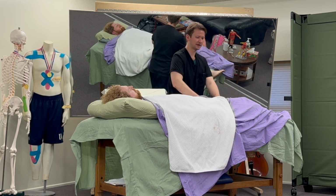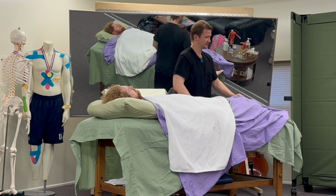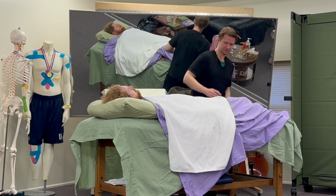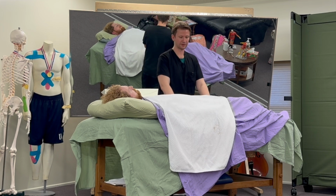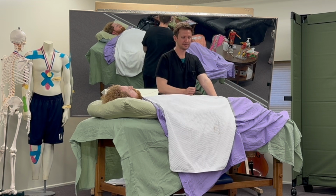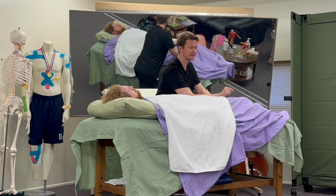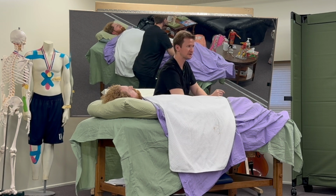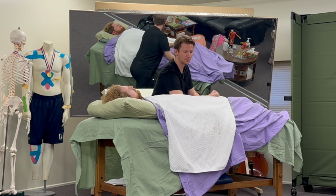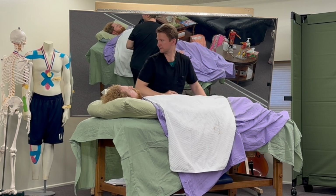Right there, in a nutshell, is pretty much all you usually need to work on the quads, the anterior upper leg. For the hip flexors, which we had discussed the importance of, it gets easier and easier to identify them. Like, I don't usually need my hands to do this. I just apply my forearm, I work over the sheet because the underwear is going to always be in the way anyway. So I apply my forearm and I start doing rhythmic compressions just like massage, work my way up, and then that's where I can palpate and identify